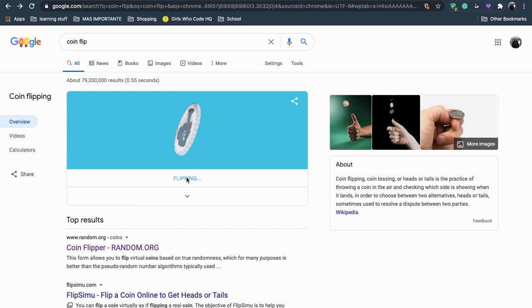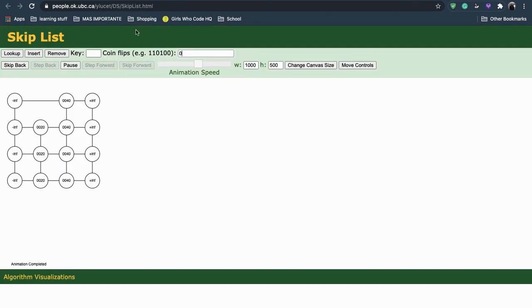Now we will be inserting 10, so let's flip. We got a tail, so immediately a 0. We will be inserting 10, so let's insert and pause. So right now, we have the simulator or the generator checking if 10 is within the range of -infinity and 10, which it is. Since the key to the right, which is 40, is greater than 10, we will move down,